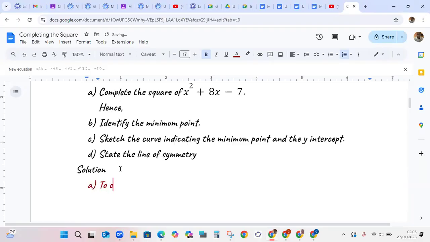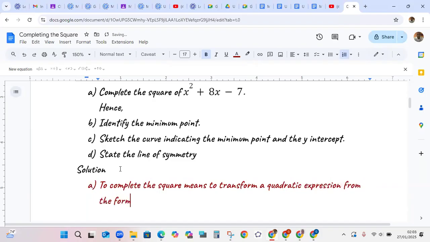To complete the square, let's get straight to the point. To complete the square means to transform a quadratic expression from the form ax squared plus bx plus c. Originally the quadratic will be in the form ax squared plus bx plus c,